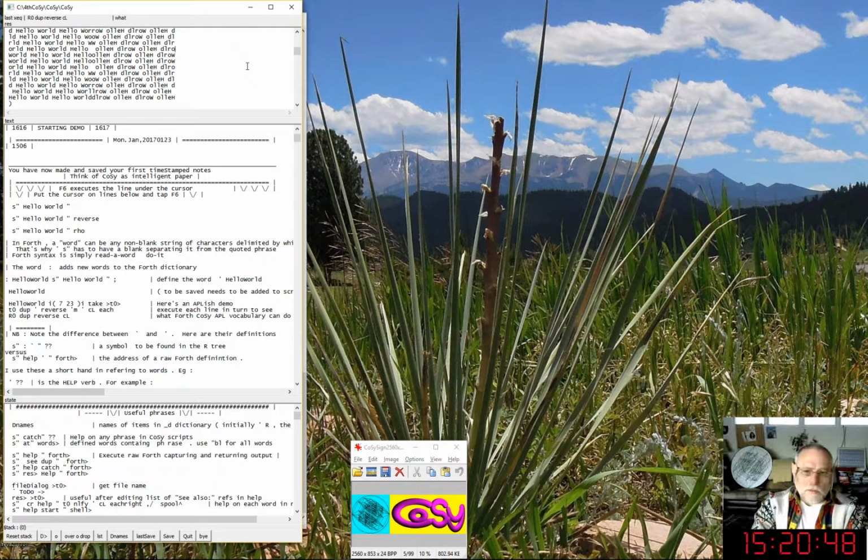And the amount of code required here is virtually identical to any APL. It might have symbols instead of words, but